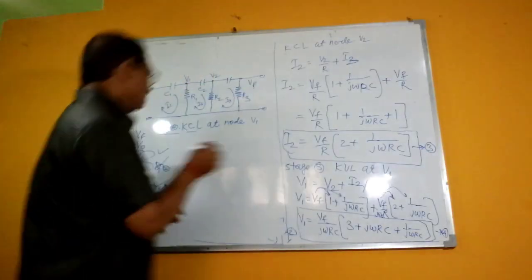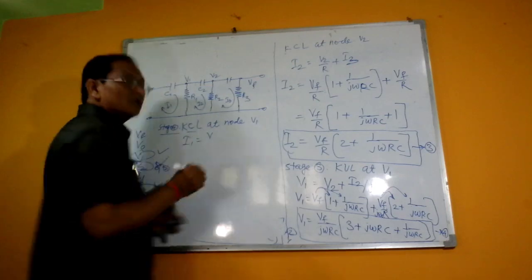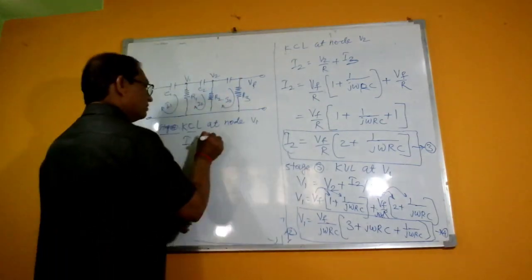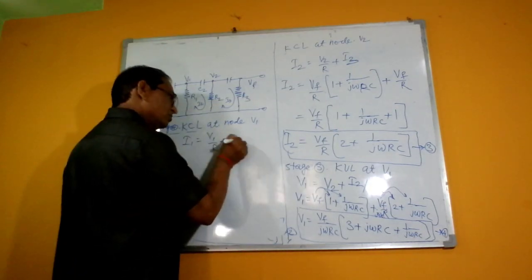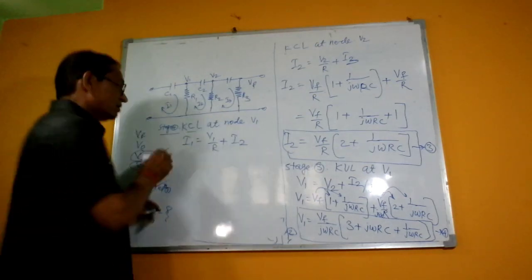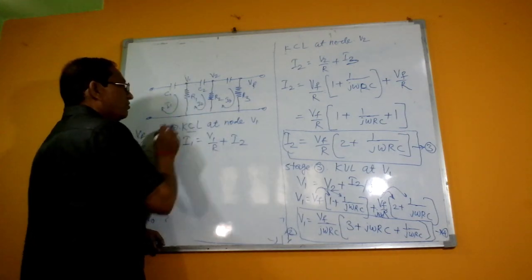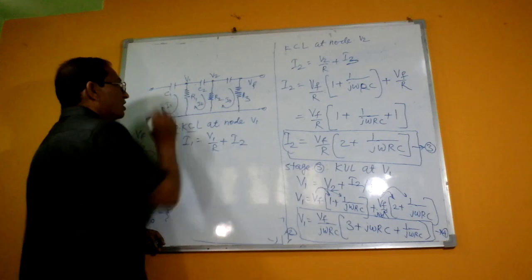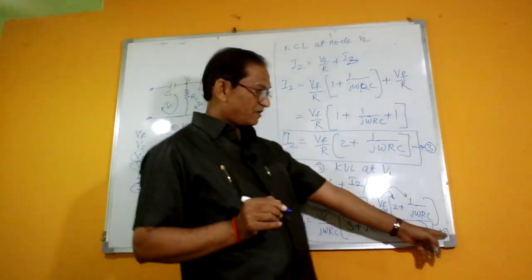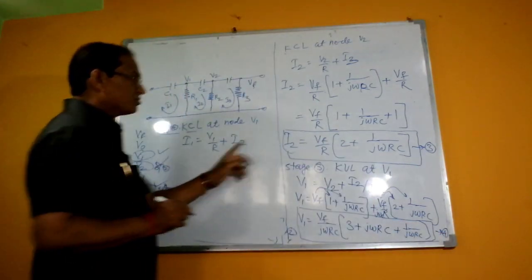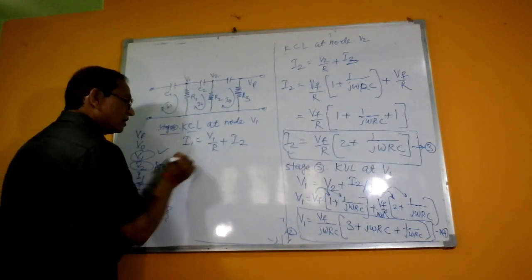I1 will be V1 upon R plus the current I2, that is, V1 upon R plus I2, isn't it? That is Kirchhoff's current law at the node V1, so we get the current I2 plus the voltage V1 upon R. The values are to be substituted: the value of V1 from equation number 4, and the value of I2 from equation number 3. Substituting all these values from 3 and 4, the value of I1 is to be